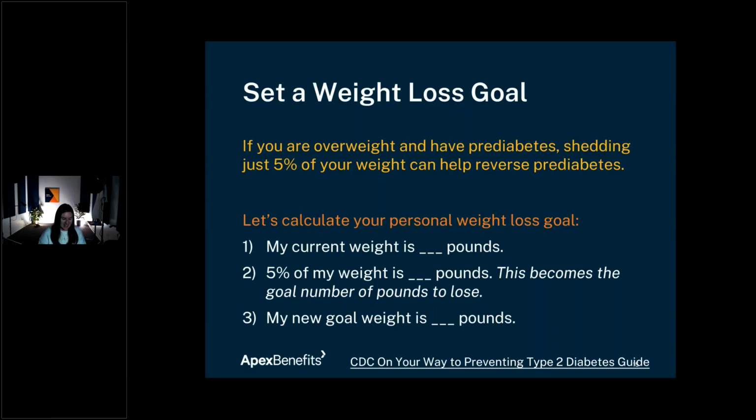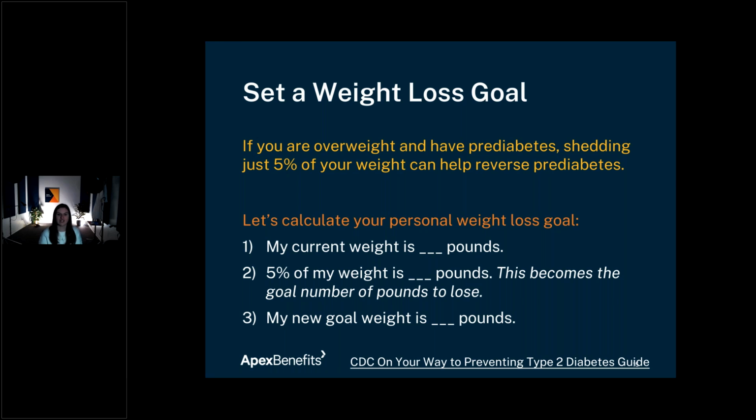How do you set a weight goal? This is our second thing in the whole process. CDC says even 5% of weight loss is going to cut down our risk. If you get to that 7 to 10%, it shows that your risk of developing diabetes goes down by over 50%. So the more weight you lose, the more it lessens your chance of getting diabetes. But we say start at 5%, and you never want to go over about a pound or two of weight per week. So this makes it really tangible.